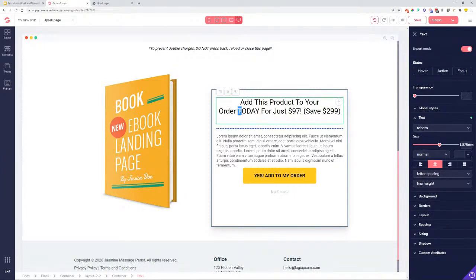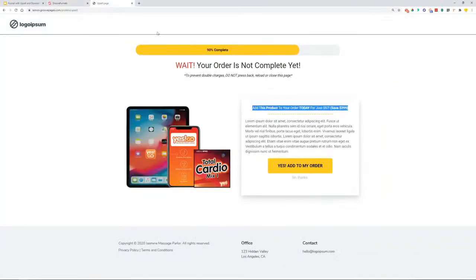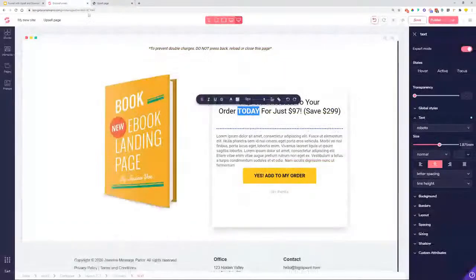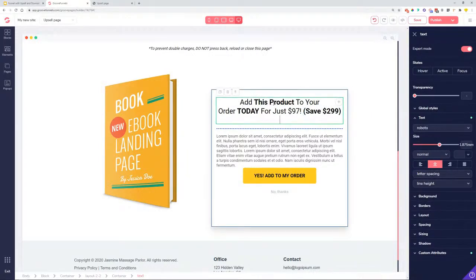So at this product, this is where you would add the product name. I would bold today, and then also today save $2.99. This is also be bold. This will be also bold, just so that we represent how much they can actually save. Okay, so we can name this product. Let's just say that this is